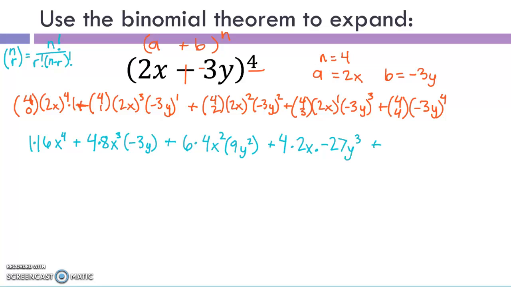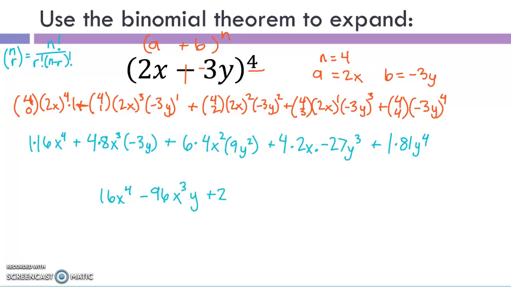Then we'll get 4 choose 4 is 1 times 81y to the 4th. After some simplifying, we'll end up getting 16x to the 4th minus 96x cubed y